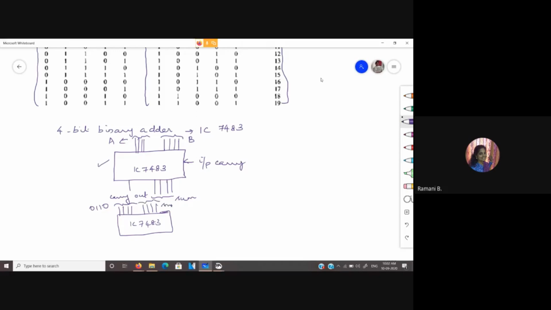This will be the sum from the previous adder. That is the binary sum, and you have to add 6 to it in order to get the BCD sum.